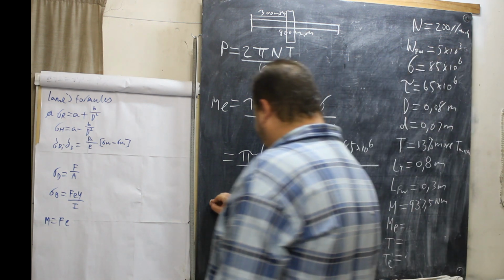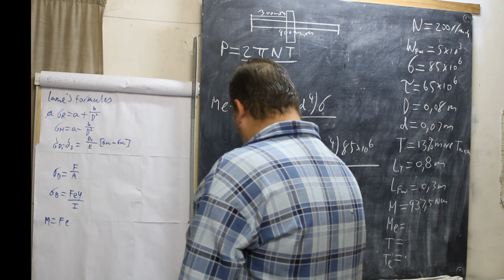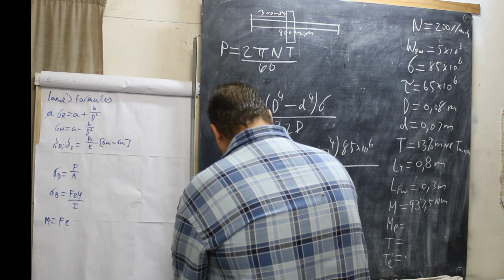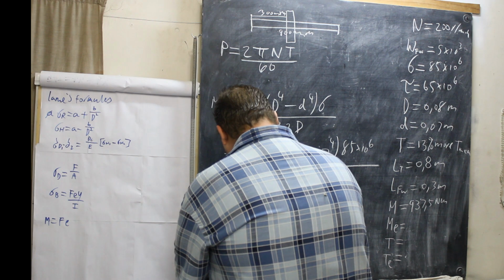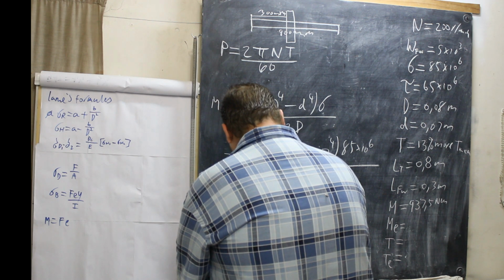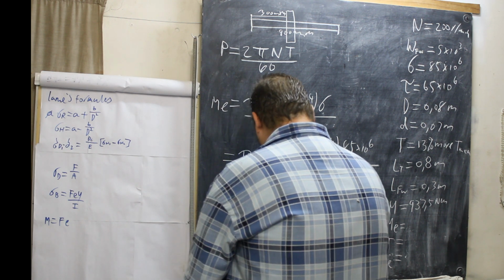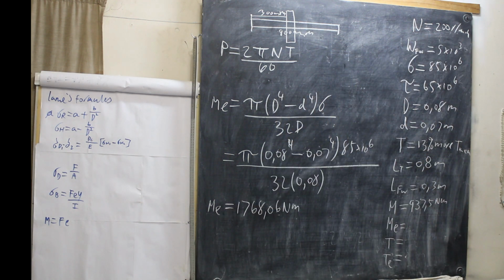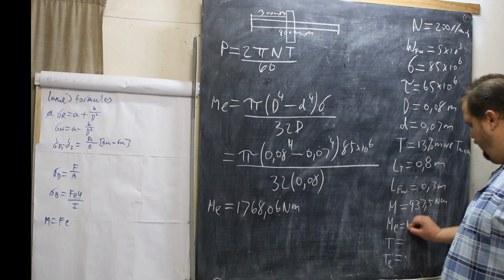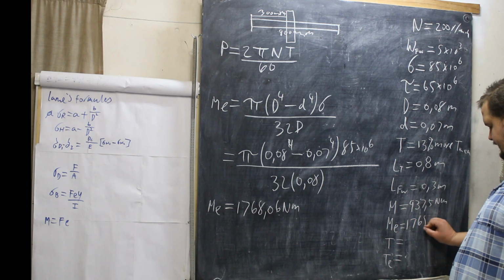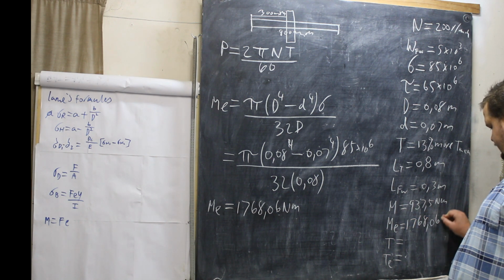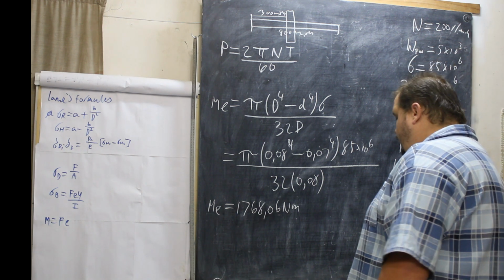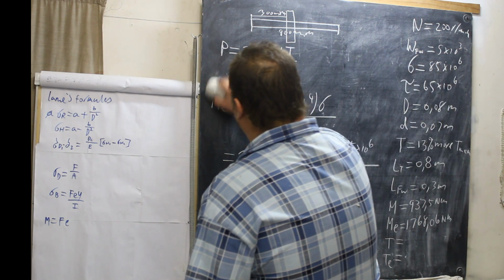So ME is equal to 1768,06 Newton meters. Okay, so we got 1768,06 Newton meters. Alright, now we will need ME again,